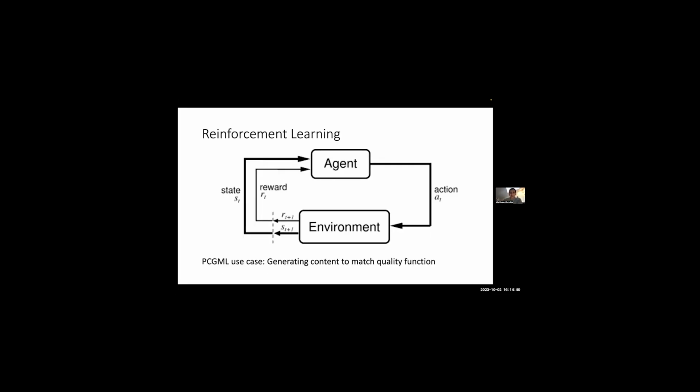Finally, reinforcement learning. This is the quintessential reinforcement learning figure in which we have some environment, generally a game environment, which is giving states and rewards to some agent when that agent takes actions in the environment. You can even see how low res it is because I've just copied it from elsewhere. But basically, in a PCGML setup, we're going to replace our environment with some kind of content that we want to make. So the agent is making changes to this content to iteratively improve it, ideally.